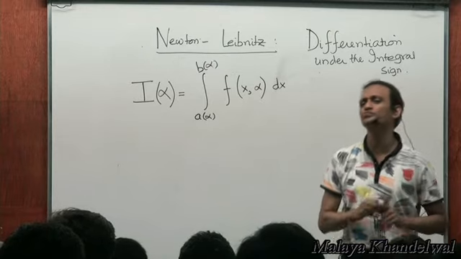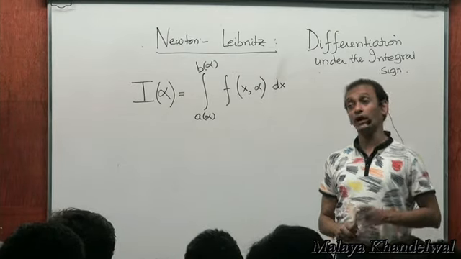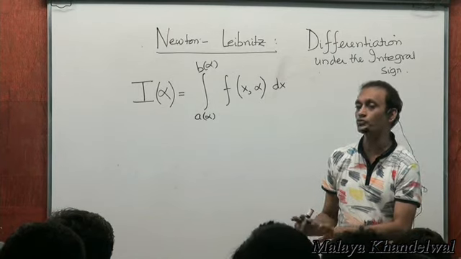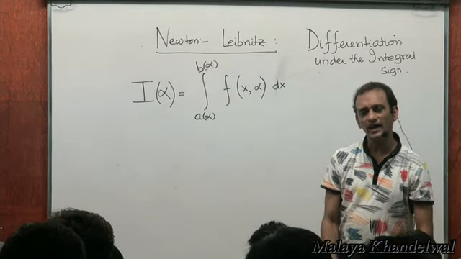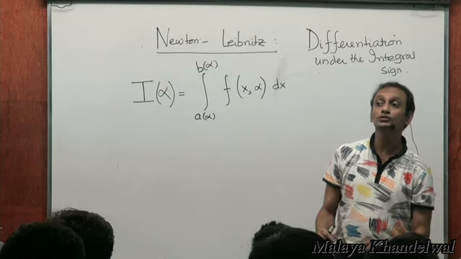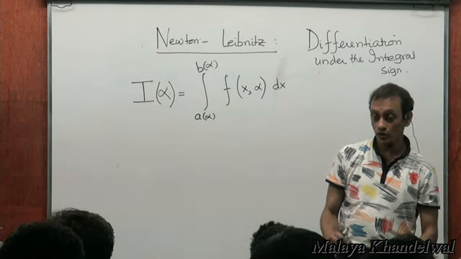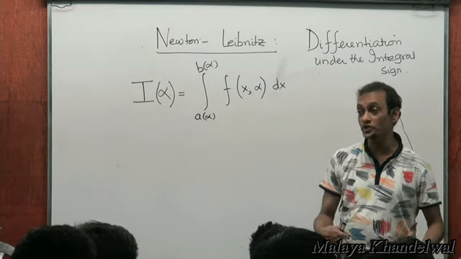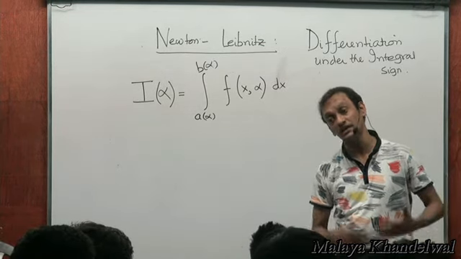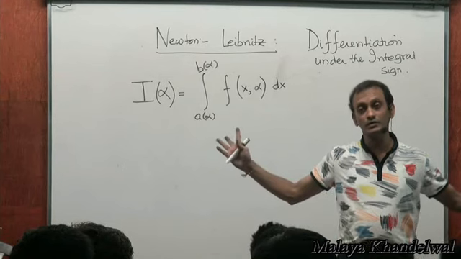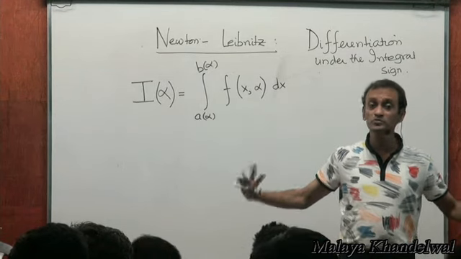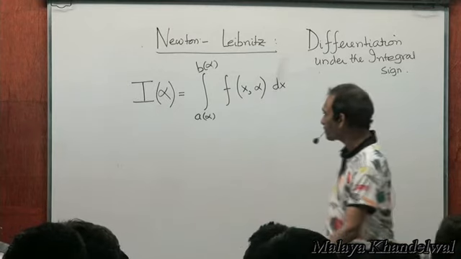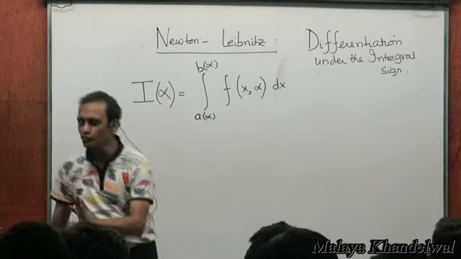I will not offer a proof for this result, but must tell you that of all the definite integrals that I am going to teach you, or I have taught, this would be the favorite, both from the point of view of number of problems that you solve and also its importance in an exam. Right? I mean, they set problems based on this result upfront. Okay. So, without proof though,